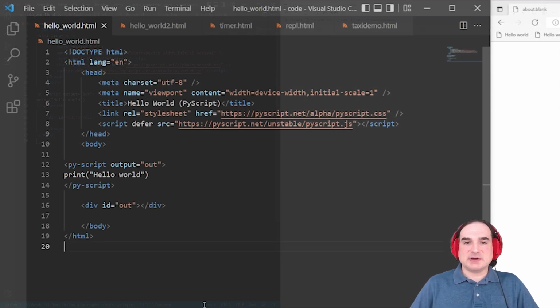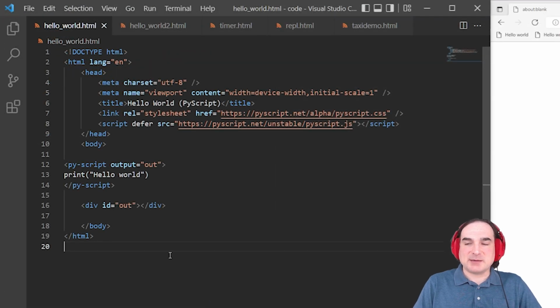So let's start with the simplest possible PyScript app. This is a hello world. The first thing we need to do is include in the web page's head block an include that adds PyScript to the page. This is easy enough because the whole of PyScript is contained in a single JavaScript include. That's part of what's being pushed about it, is that it requires very little work to get up and running.